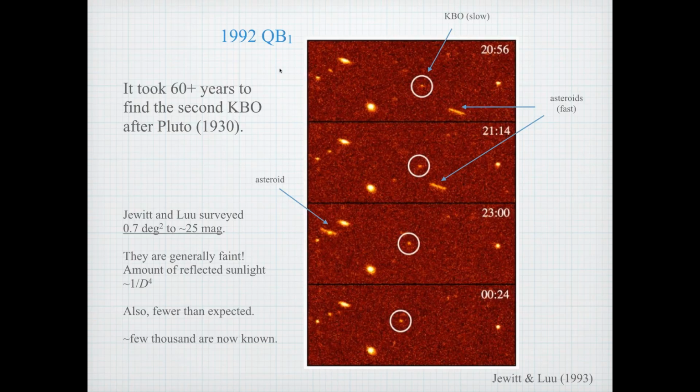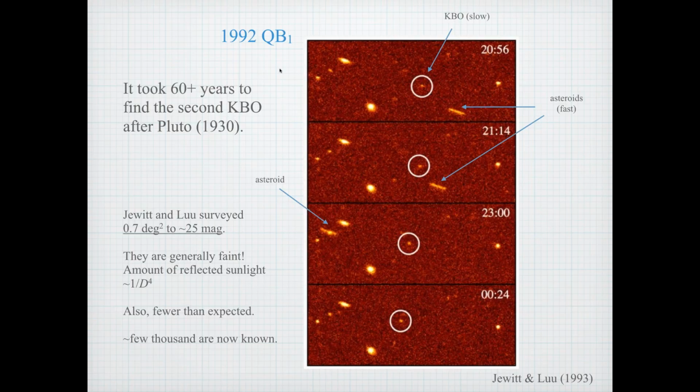So what you do is you take a sequence of pictures separated by minutes, maybe hours, and solar system objects move across the sky. They move across the sky because of 2 reasons. Primarily because we're moving around the sun. And so you look at it one time, an object is there. The next time you look at it, the Earth is in a slightly different position, and parallax gives you a proper motion of the object. Also, the object is moving because presumably it's in a Keplerian orbit and moving around the sun. So you have a combination of our motion, the Earth's motion, and the object's motion that give rise to proper